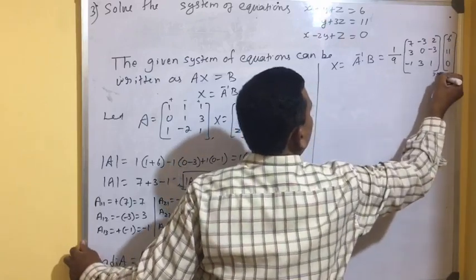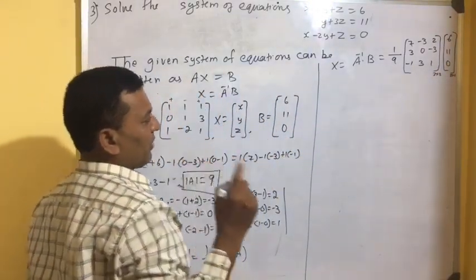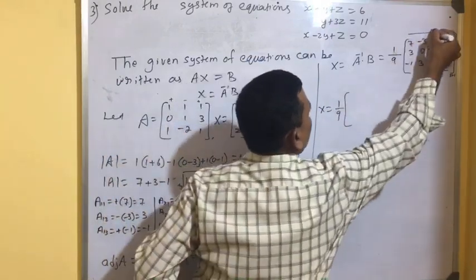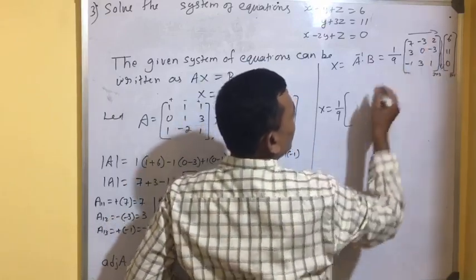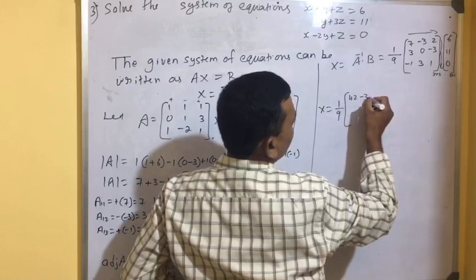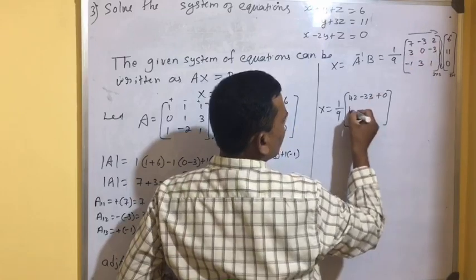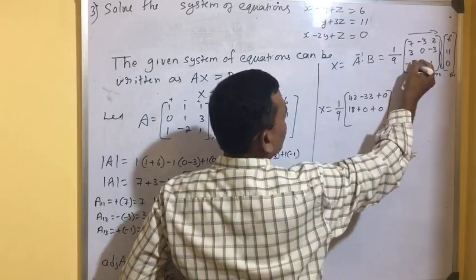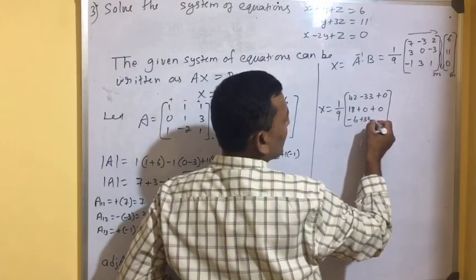So I am multiplying a 3 cross 3 matrix with a 3 cross 1 matrix. My resultant matrix will be 3 cross 1 matrix. Therefore I get X is equal to 1 by 9 into first row to first column. See carefully, 7 into 6, 42, minus 3 into 11, minus 33, 2 into 0 is 0. Then 3 into 6, 18, 0 into 3, 0, minus 3 into 0 again, 0. Here it is minus 1 into 6 is minus 6, 3 into 11 is 33, 1 into 0